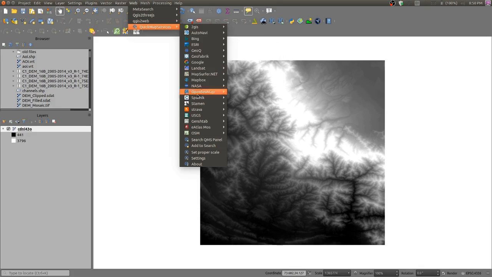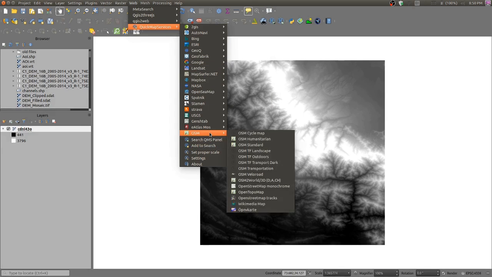Here there are several map layers available, and here the Google is there, Google Hybrid is there, Google Satellite Map is there, and the open source OSM map is there. OSM standard is the map which we are going to use as base map.